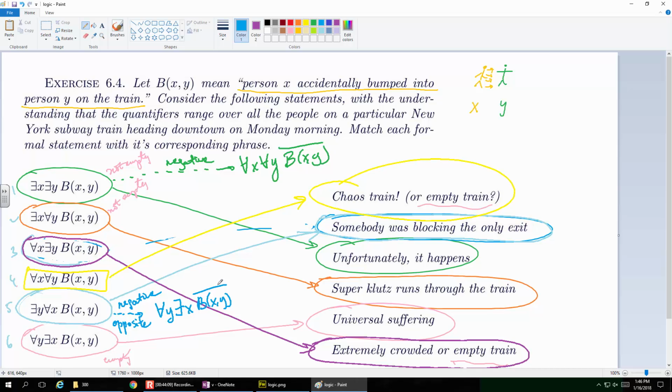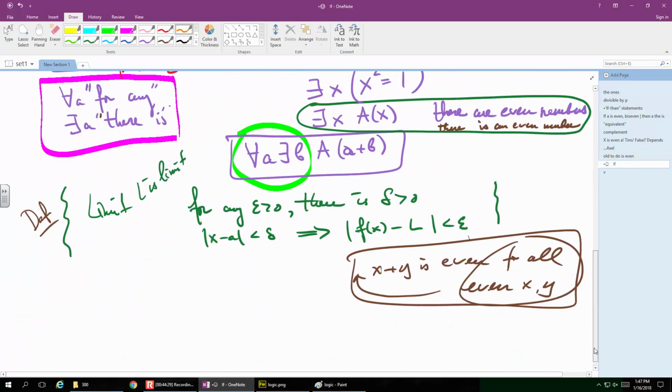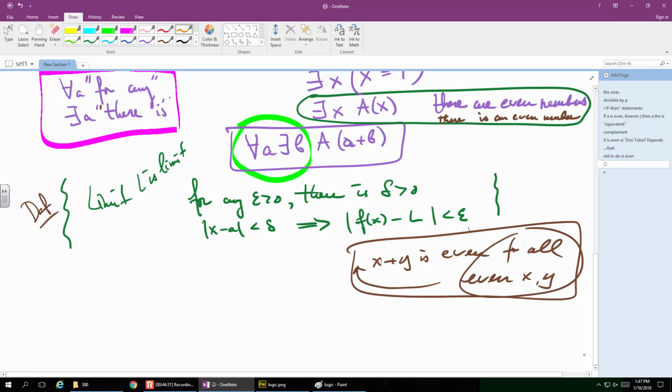So for the negative statements, you just flip the quantifiers to the opposite, and then I negate the statement. Okay. So that's a good example certainly, but let's still use it for something much more challenging, and that is the